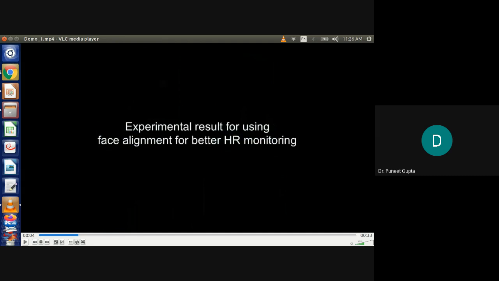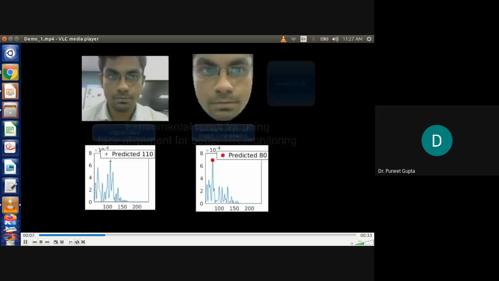Right. The second thing that I was telling you while discussing improving efficacy is that we can use face alignment for better HR estimation or monitoring. The reason: let's say we are focusing on some ROI, but our face was moving slightly. Then there is ROI shifting. If we use face registration, those things will be aligned and we may get better results. Again, we may. So this is the example for that.